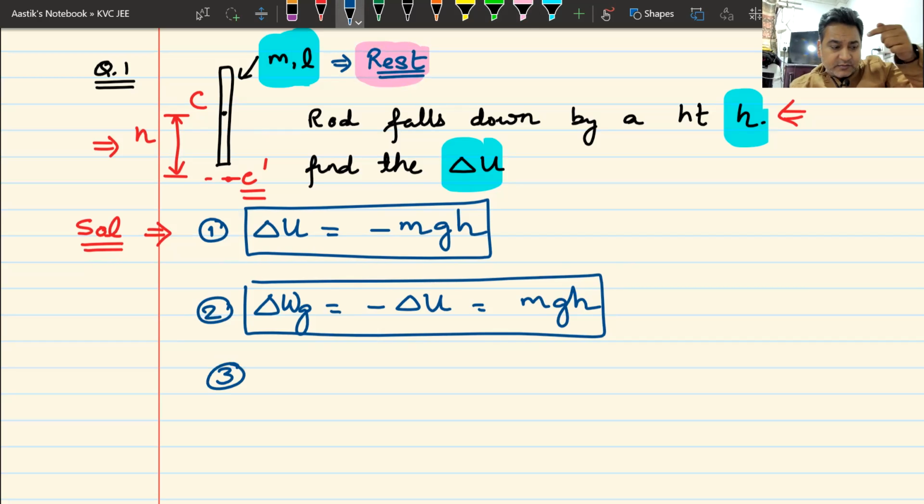The rod has fallen down by a distance x. What is the velocity of the rod? That is the third question. If you do all these three questions, well, congratulations, you are doing well. I'll give you a minute. Think about it. I'll keep my mouth shut for 1 minute. Do it.